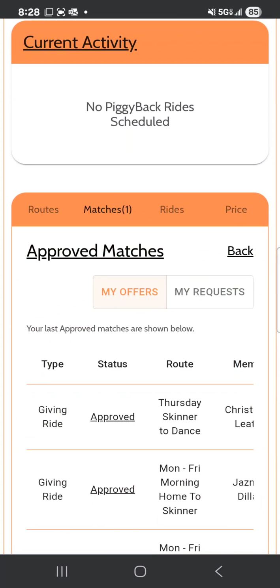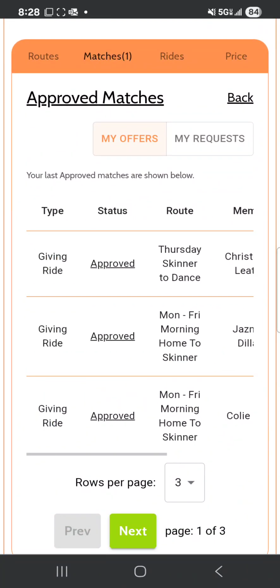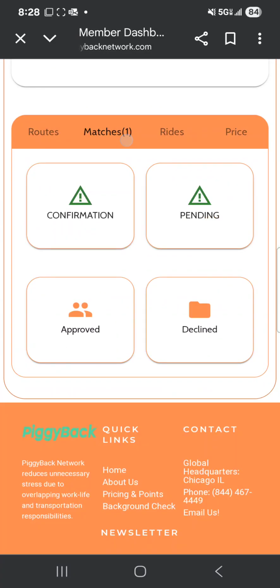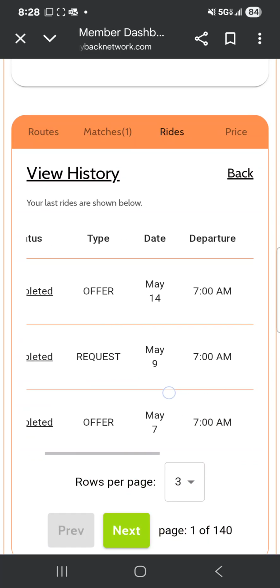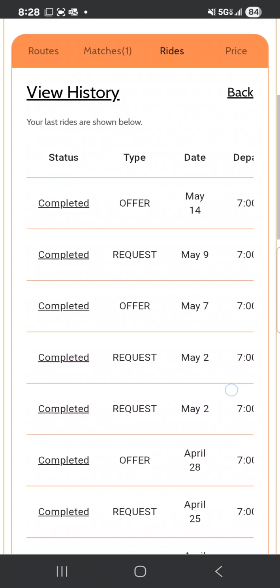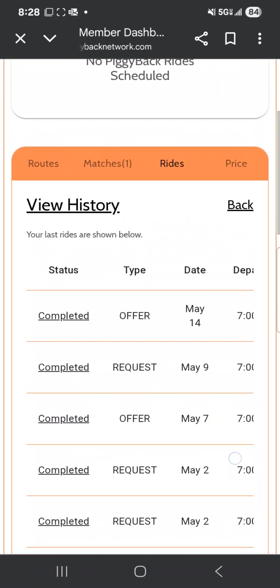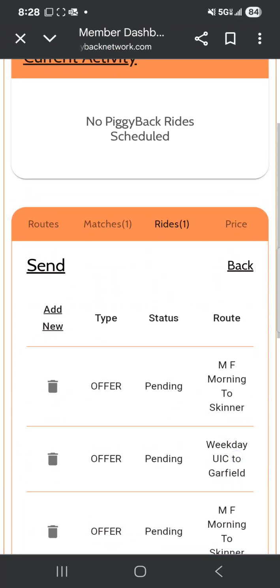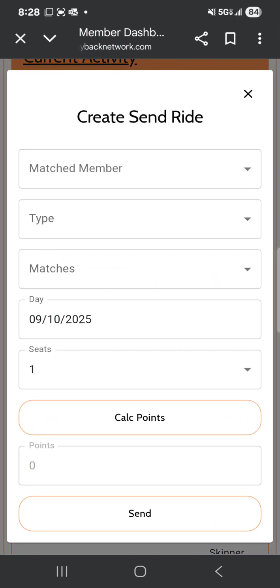And these are the list of approved matches that I've got, and then there's also a list of denied matches on the other side. So once matched, that's what we're going to do there. Once matches are approved, then I can go to the ride section, and I can actually take a look at all the rides that I've been able to execute, offers as well as request,